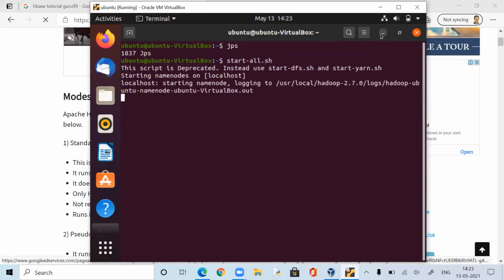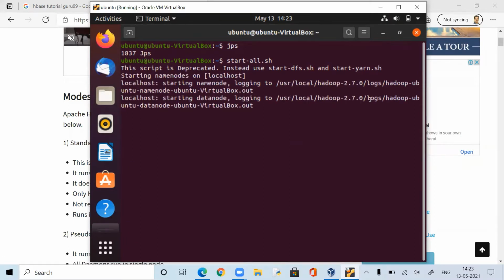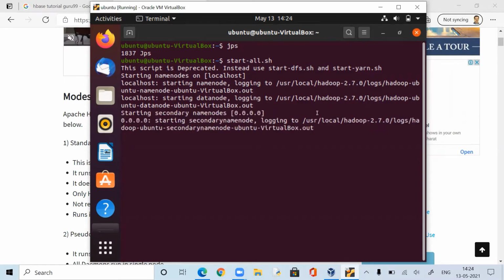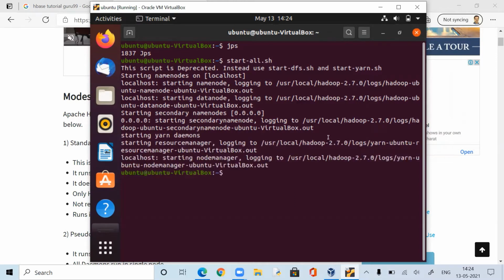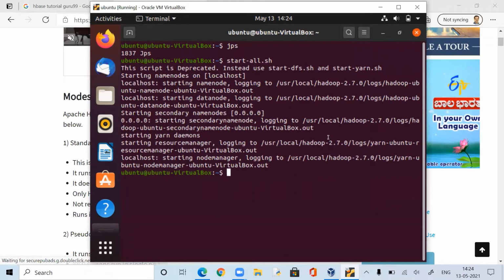mode to install HBase. There are three ways you can install HBase: standalone, single node pseudo distribution mode, and the third one is full cluster. Just like Hadoop, we have single node and multi node cluster. So this is how I deployed HBase. If you use standalone, you don't need to work with HDFS. It is for cases like when I have a Docker container in AWS, and inside that, if I use HBase, if I want to create cloud storage, a device in my cloud, I can install HBase in standalone mode.